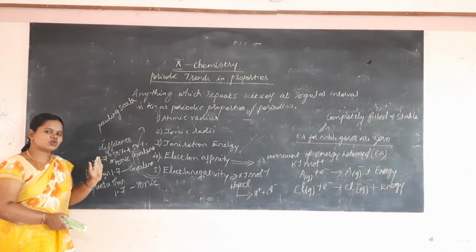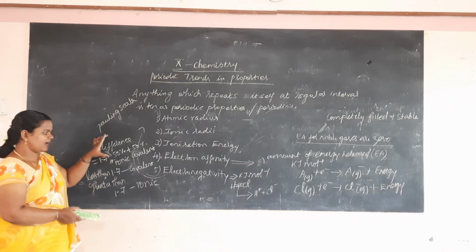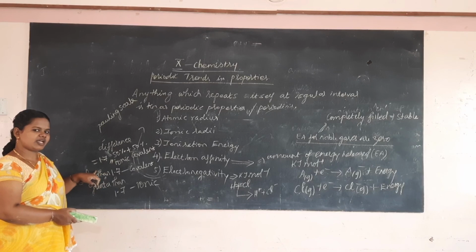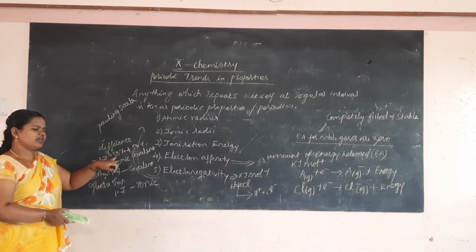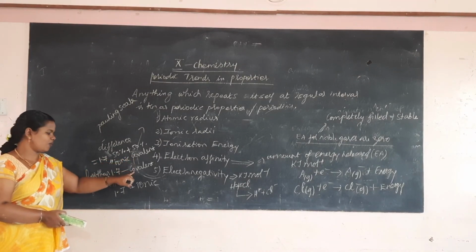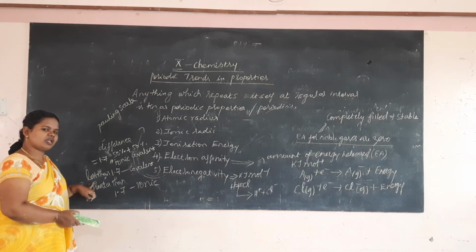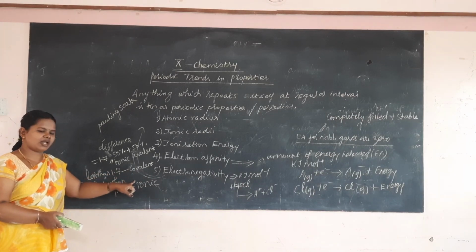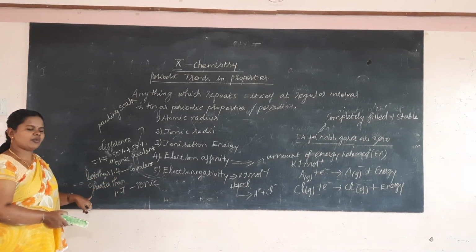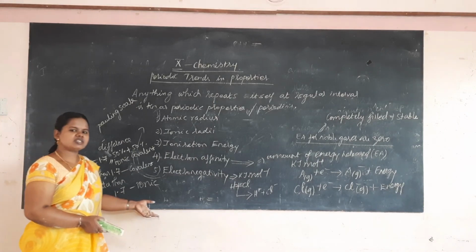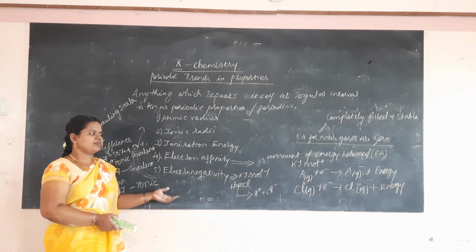Pauling scale is used to determine the nature of bonding, and this is one word. The difference in electronegativity equal to 1.7 means it is 50% ionic and 50% covalent. If the difference in electronegativity is less than 1.7, then it is covalent, and when it is greater than 1.7, then it is ionic. So these are the one words you can expect from this lesson.